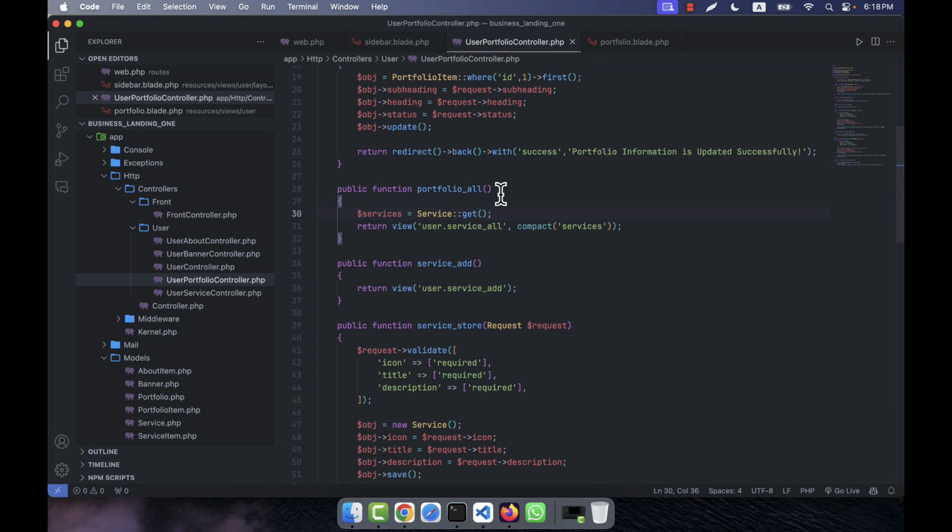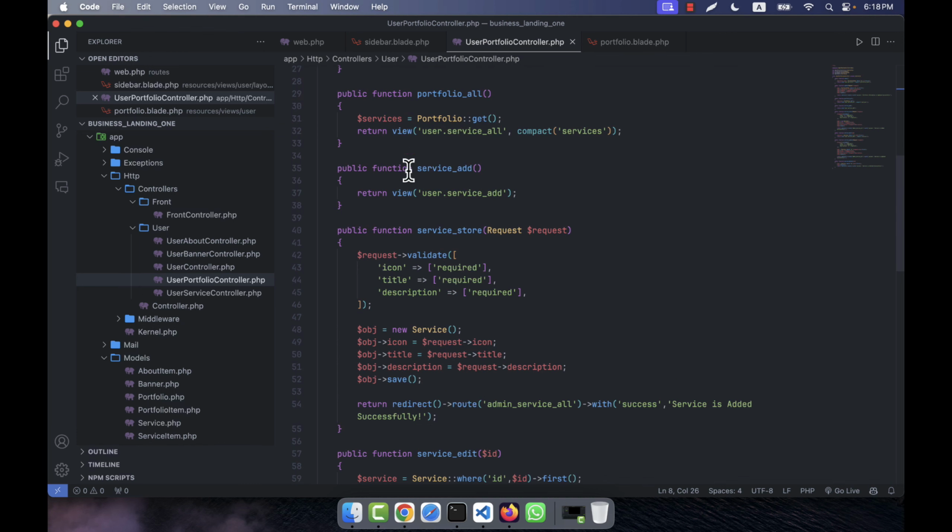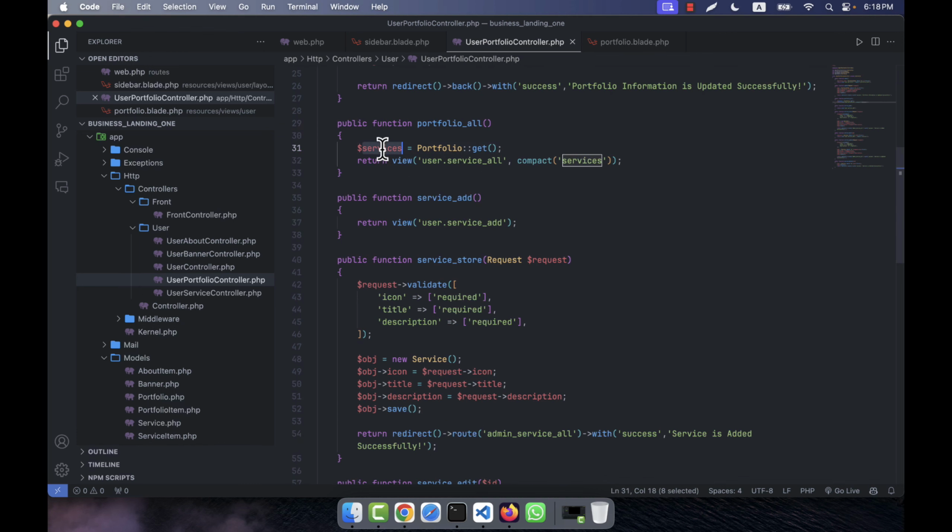So now I am coming back to the user portfolio controller. Here this will be portfolio, and in the top I am going to add the portfolio model, that is portfolio. So portfolio wall is portfolio, here it will be portfolios or portfolio items. I put here portfolios, here will be portfolio wall. So like this, it will be portfolio add, this will be portfolio add, this will be portfolio store, and here